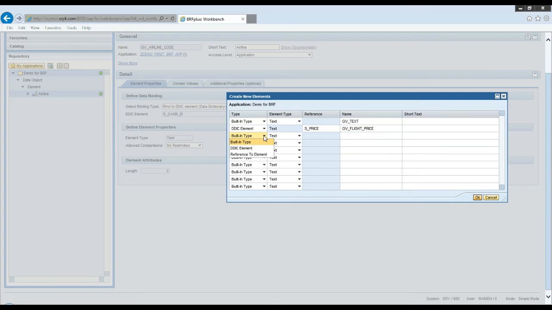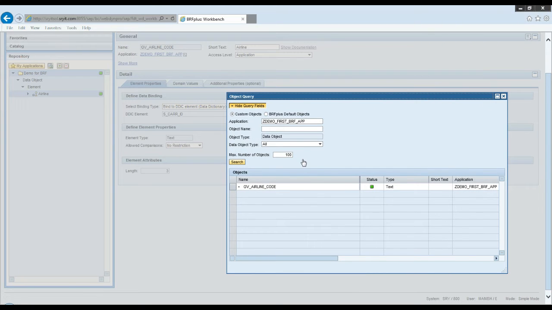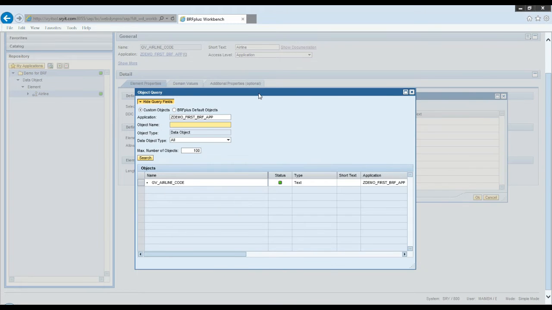I can create an object type also. I can create a reference of a class. So I can enter a reference of a class, object name here, the class name. That is also possible. Sorry, it is not a class reference. It is basically the reference from another variable. So if I want to create a variable with reference to another variable, I can use that.